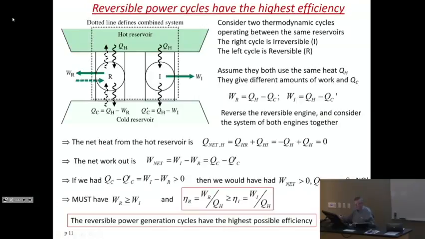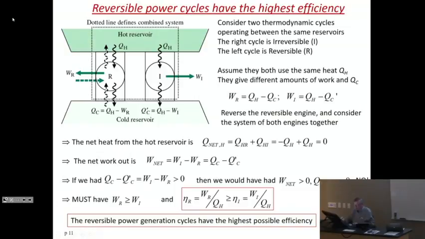Okay, what is the net work? Well, the net work is going to be Wi, which is positive, minus WR, because we have reversed the sign of WR. Because you have these equations and you have that to be 0, the difference in work is going to be QC minus QC prime. That's simple algebra here. So that would be the net work out, Wi minus WR, work out minus work in. Now, I have to prove to you that this is always negative, definite negative.